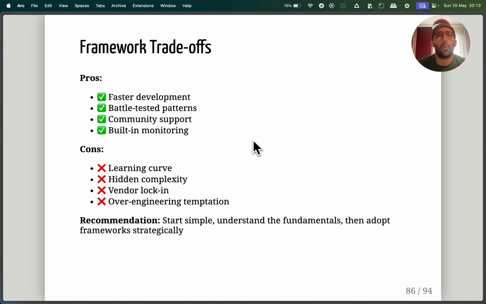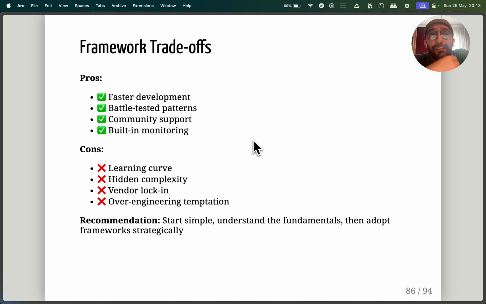All right, folks. So quickly to discuss frameworks like LangGraph, LangChain, and Crew AI, and Google ADK, OpenAI Agents SDK. There are a bunch of frameworks out there to build agents. And I think that there's a simple way to think about it. The pros of frameworks are faster development, having battle-tested patterns that are pre-built, implemented, ready to go. For example, LangGraph has a pattern for a React agent ready to go, so you can just call that and build your agent. There's strong community support because most of these frameworks are open source, and built-in monitoring.